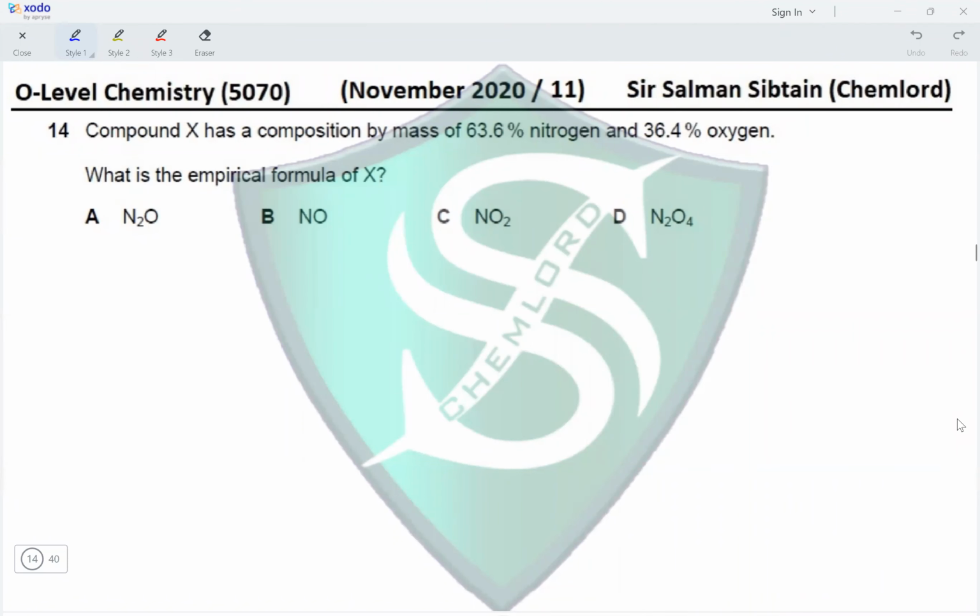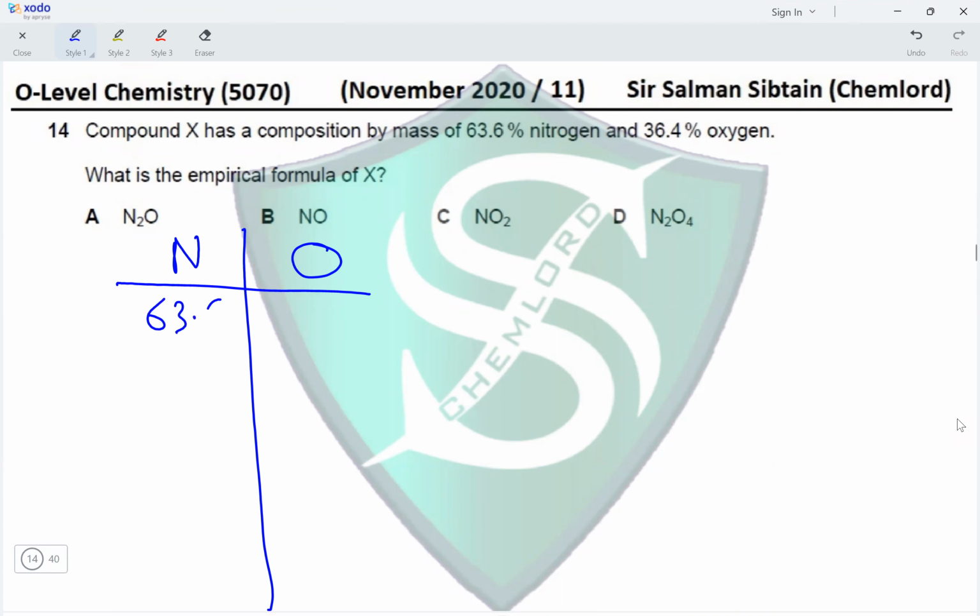Question 14. Compound X has a composition by mass of 63.6% nitrogen and 36.4% oxygen. What is the empirical formula of X? So let's calculate the empirical formula. We've got nitrogen, we've got oxygen. So the percentage of nitrogen is 63.6 and the percentage of oxygen is 36.4. We divide 63.6 by 14, the Ar of nitrogen, and 36.4 by 16, the Ar of oxygen. This gives us a value of 4.54 for nitrogen and